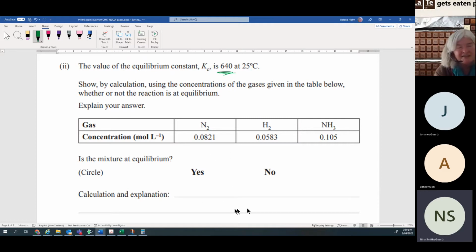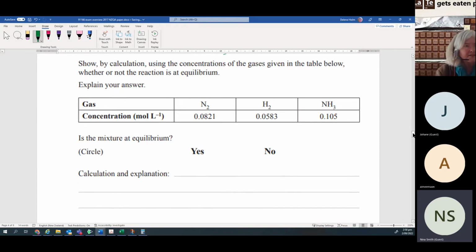Don't leave something blank if you can just throw something out there. But you would have to write this down. So you'd have to use what you had before. And so you'd say Kc is equal to NH3 squared all over N2 times H2